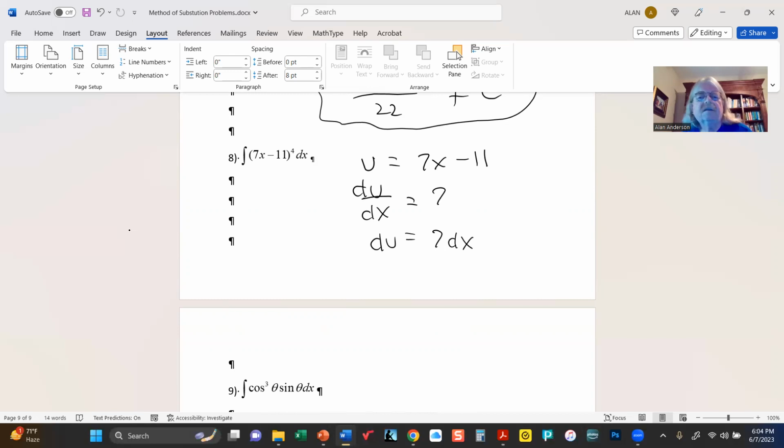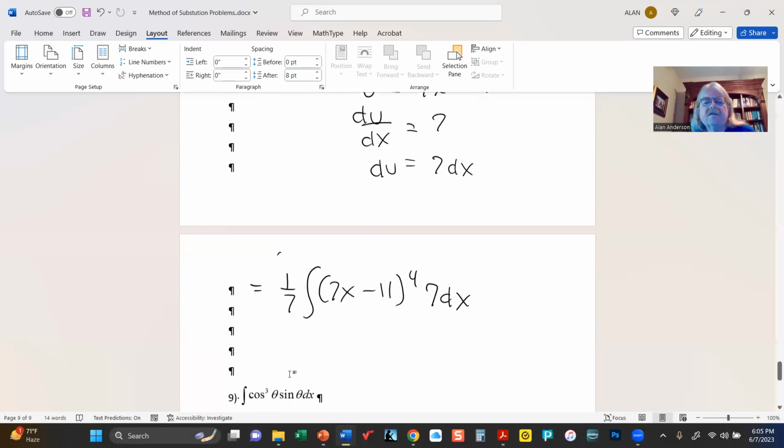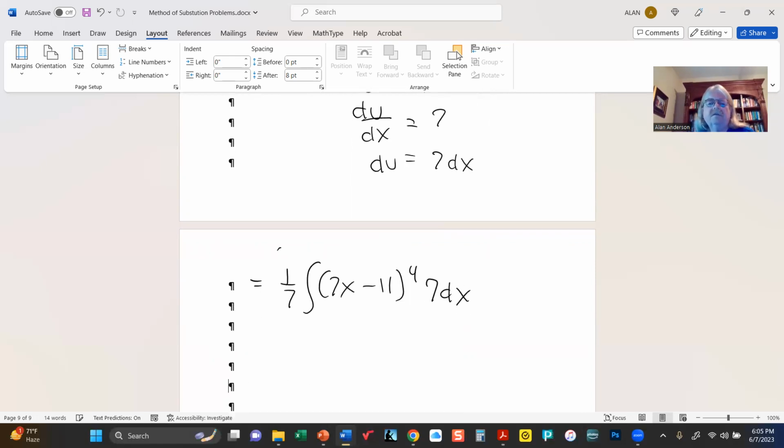So where does that leave us? Now, once again, we do not have 7 dx in there. So here's what we'll do. Okay, so again, by having 1/7 on the outside and 7 on the interior, we're not going to change the value of our expression. And what we do have is a more convenient form, because now what we have is,